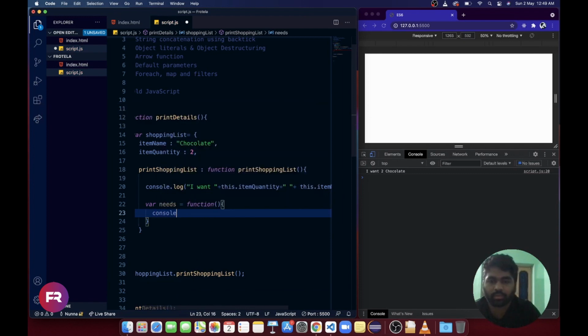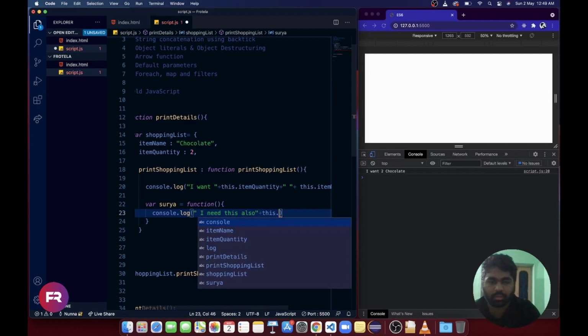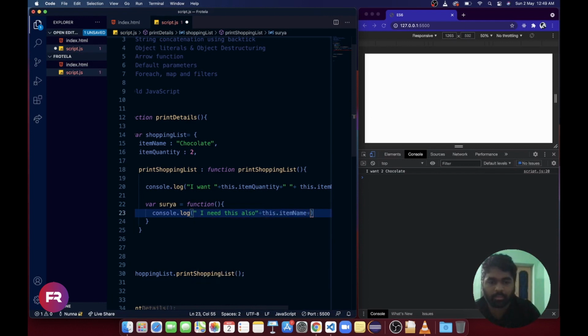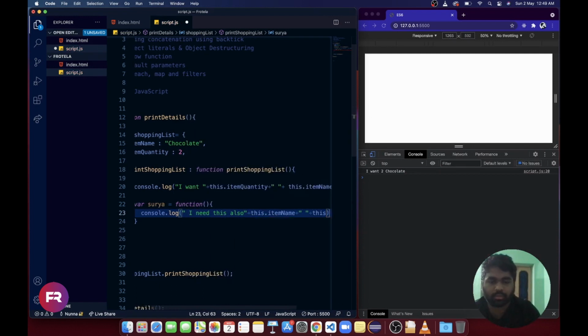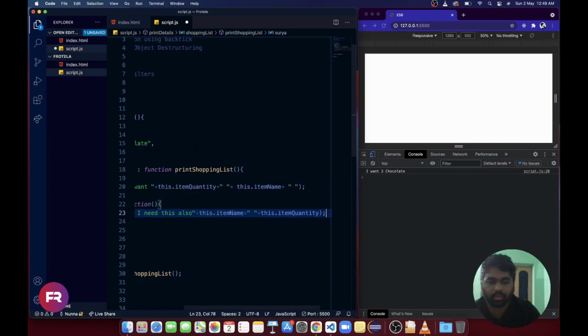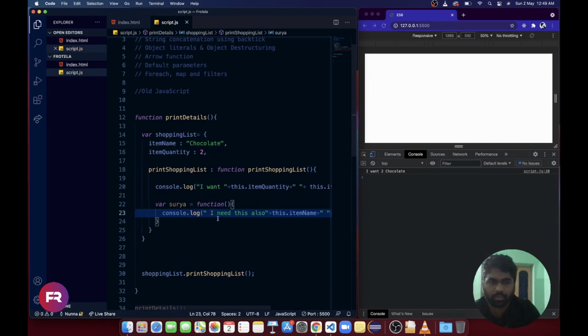Now if I console.log, I need this also, with this.itemName plus space this.itemQuantity.